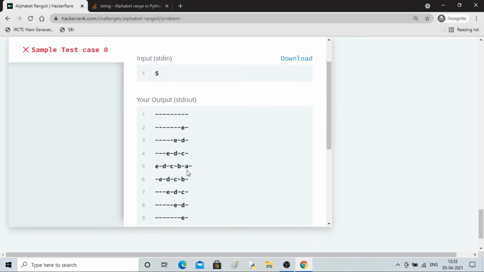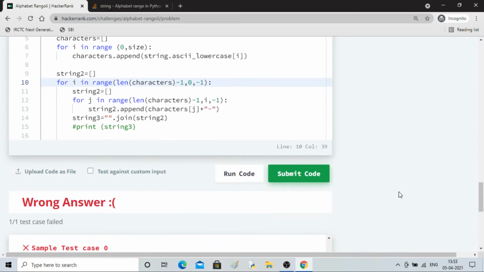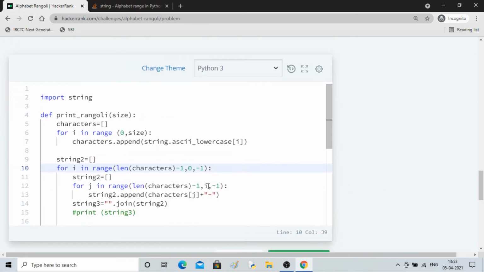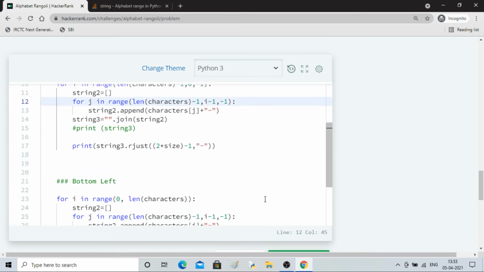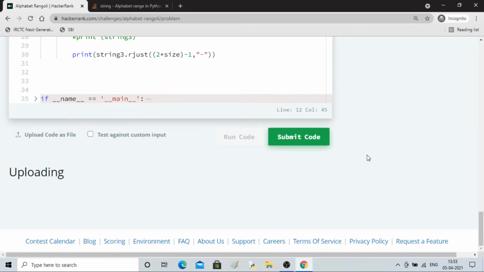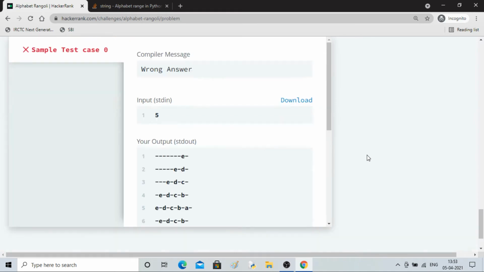So now it is fine. EDCB is remaining. Let me do I -1 here. Yeah, now it is correct.